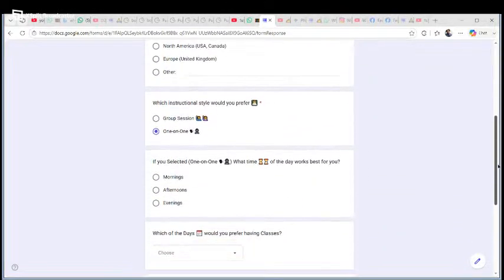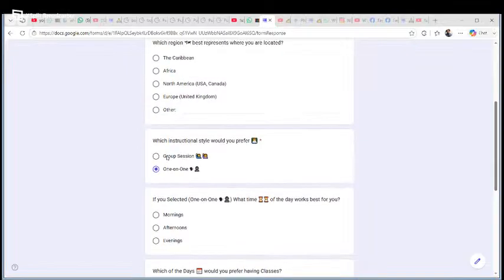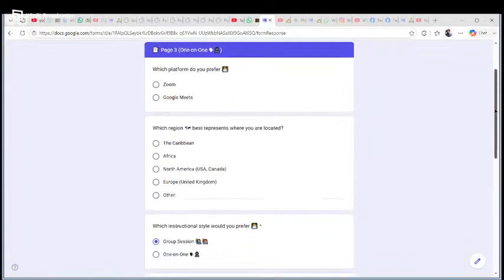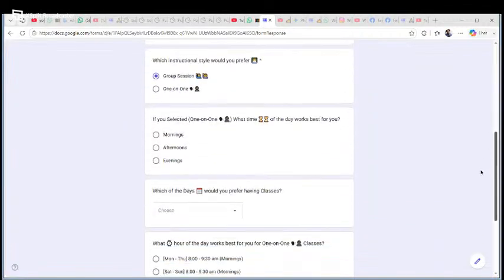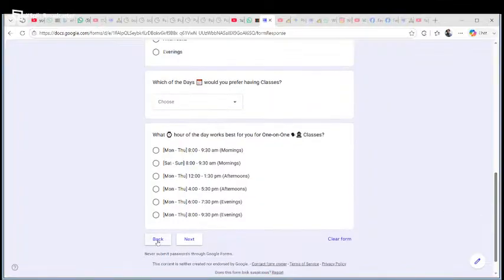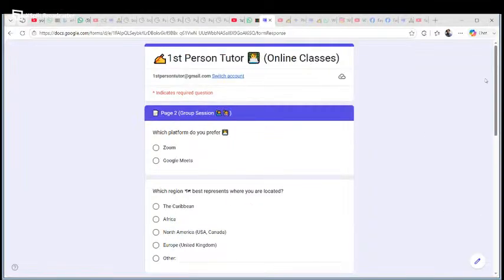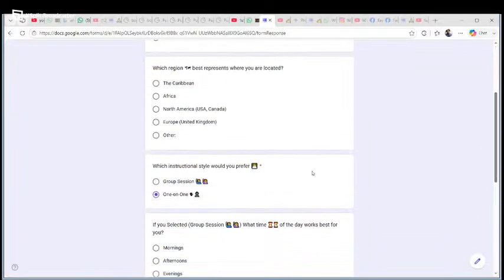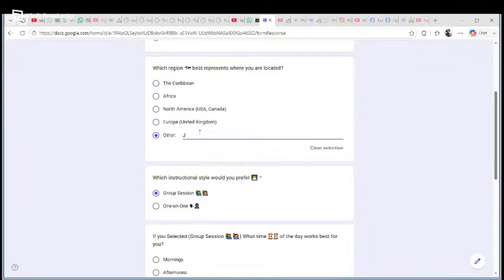However, if you're not interested in that, well, switch. You select group, ignore everything that is here. Because, you know, odd numbers are not even numbers. So, let's go back. Since we selected group, we come over here and select group. We come over here.